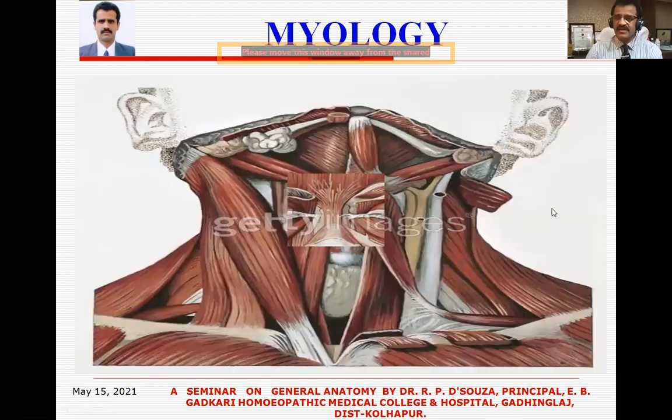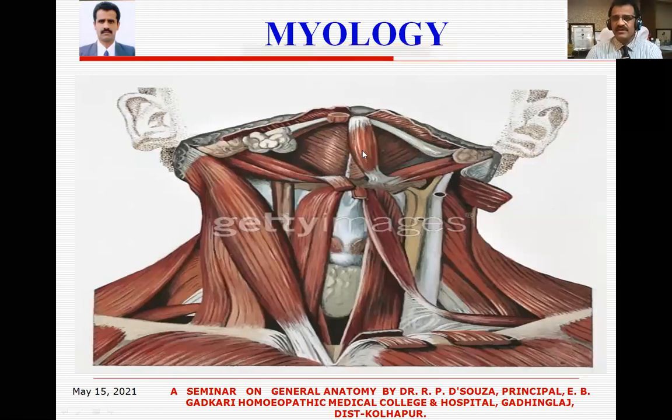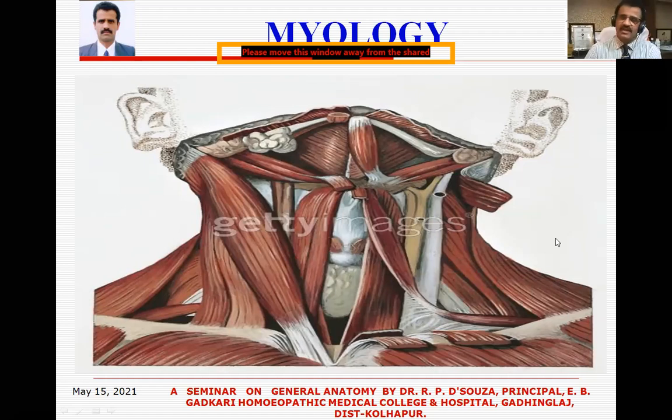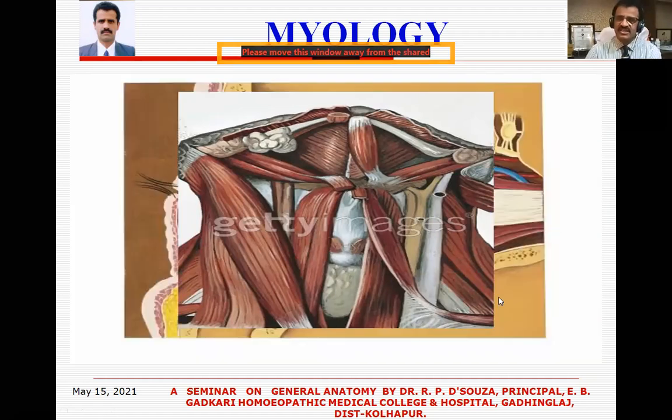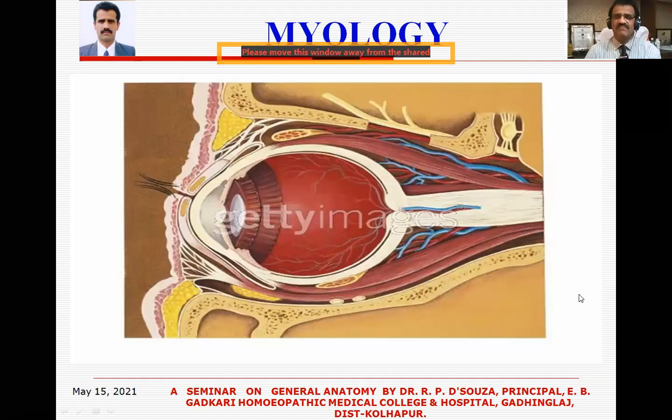Here you can see the muscles of the neck. I was talking about these muscles while explaining fusiform. This is a digastric muscle, and this is the hyoid bone. This is the thyroid, so thyrohyoid means a strap-like muscle between the thyroid and hyoid. This muscle is the sternocleidomastoid muscle. This is an omohyoid muscle. You'll come to those muscles when you study the regional anatomy of different regions of the body some other day.